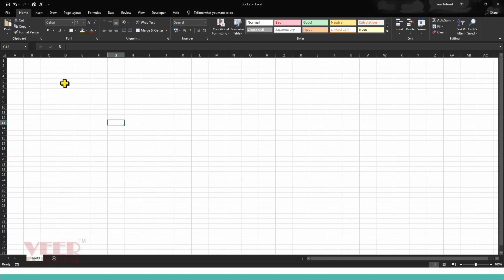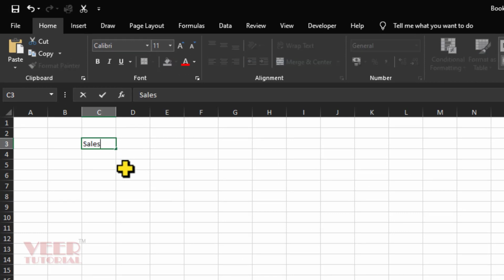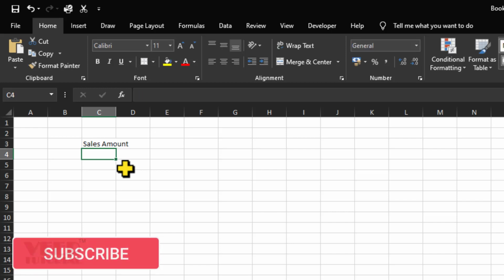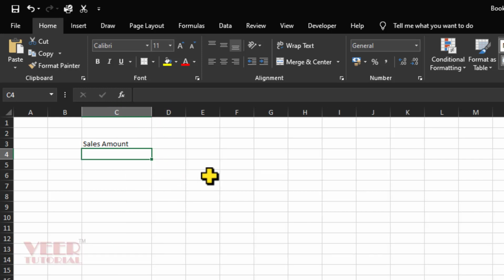As you know, Excel is used to calculate values and do data analysis. So first we will start typing. First we have to enter text. We just select the cell and start typing sales amount, and you can press enter. It will move to the cell below, and by using the mouse or arrow keys from the keyboard you can select any other cell. So I will select this time by using the mouse, and you can start typing the